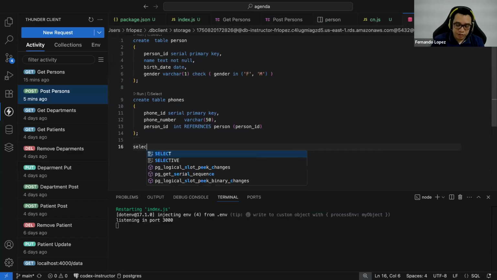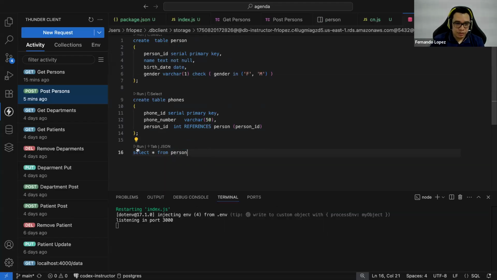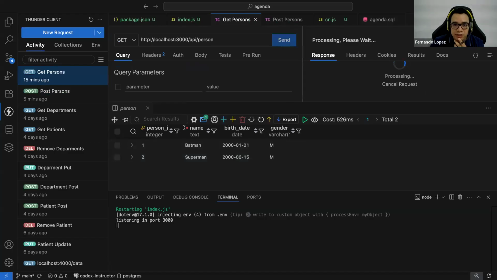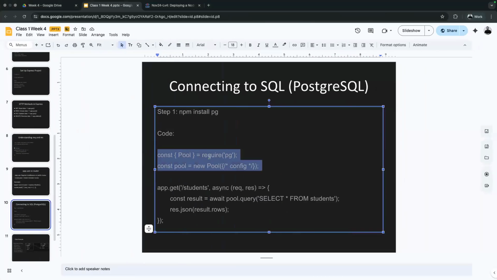Well, I can read it here. So if I hit run, now I have two objects, Batman and Superman. So if we hit here, get persons, now I have two elements in the array. Does this make sense? Yes. Okay, great.